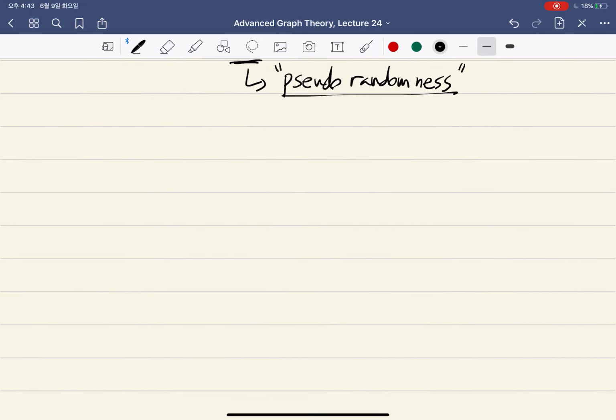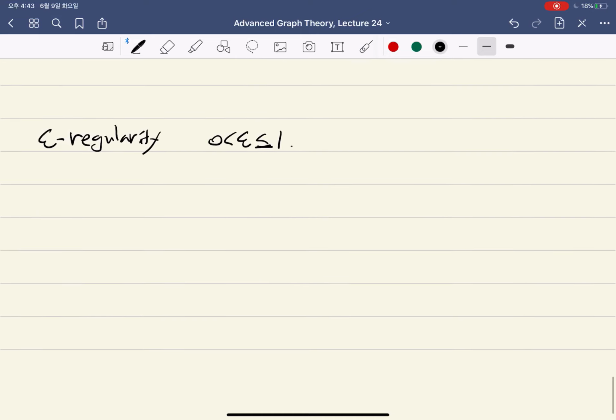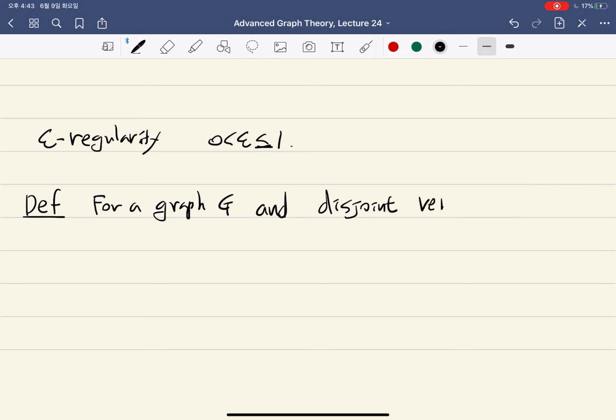One such concept that we will learn is regularity. More precisely, it's called epsilon regularity, where epsilon is some number between 0 and 1. Let's define it. We have a graph G and two disjoint vertex sets A and B. Let's write E of AB, sometimes omitting G if it is obvious,